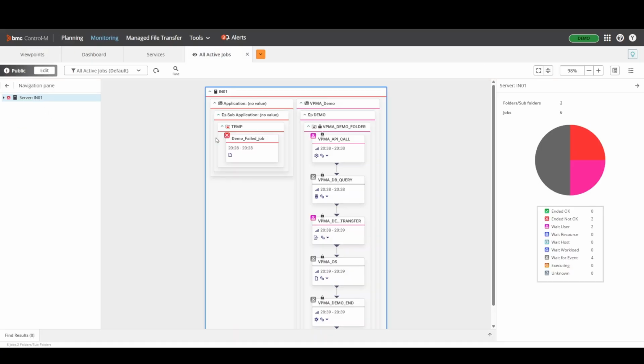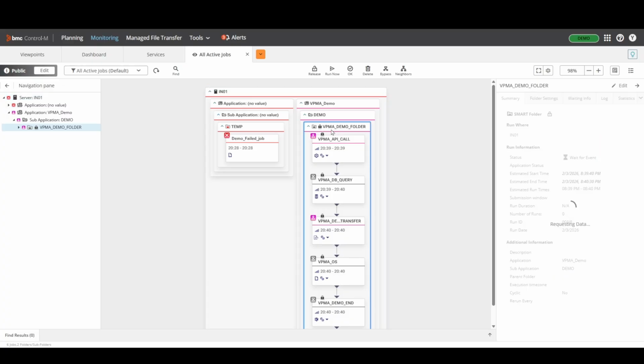And now we have an all active jobs viewpoint showing us all of the active jobs in our environment. We can see we have a demo failed job here that is in a not okay status. We have our VPMA demo folder that we ordered in earlier to bring into the active environment. And if you recall, we set a hold on that order. So all of the jobs inside it came with this little lock icon indicating that we need to free it in order for this folder and the jobs inside it to run according to its schedule. So we're going to go ahead and free this folder here